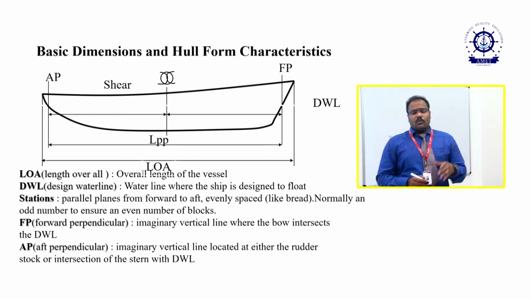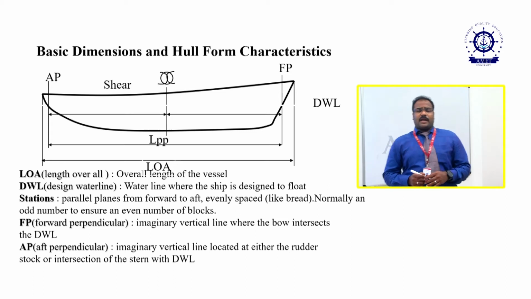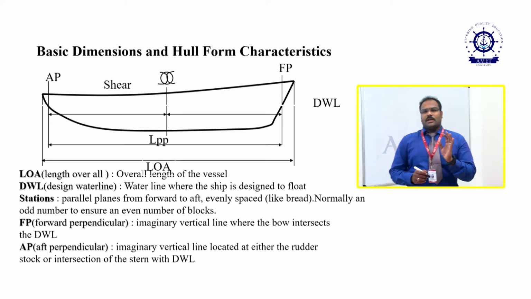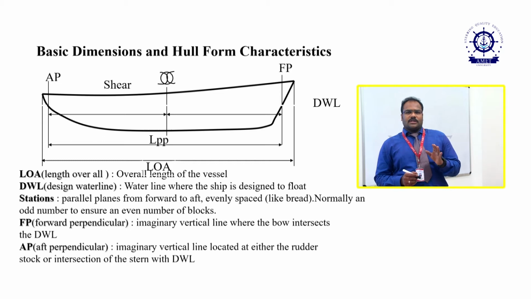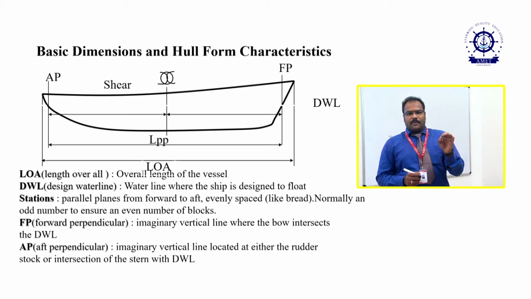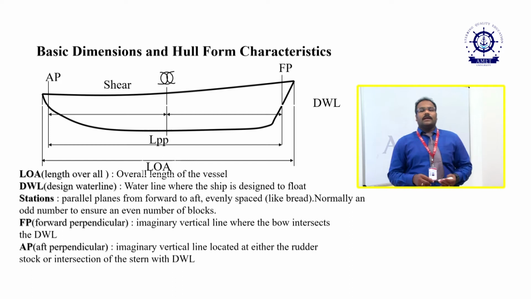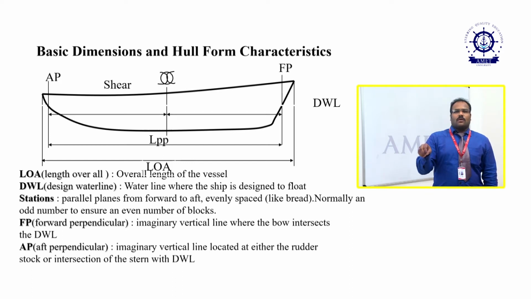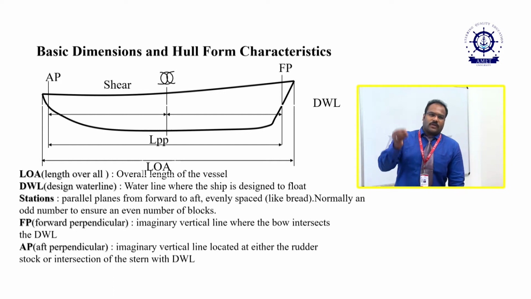Now moving on to the basic dimensions, we have the terminology of ships. What does terminology mean? Terminology means defining the ship. If there is a worker on a ship, and I call him and tell him to go to some place and do something, he will not do it, he will be confused. So there should be a name for each and every single place in a ship so that it will be easy for the workers to work there. That is where terminology comes in. It is easy for the designers, and easy for the construction workers, to do their operations.